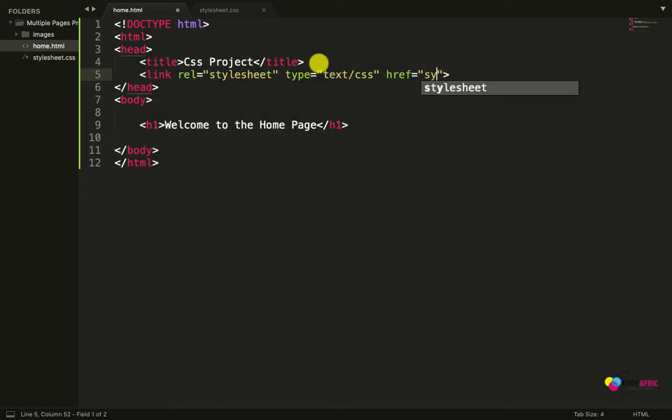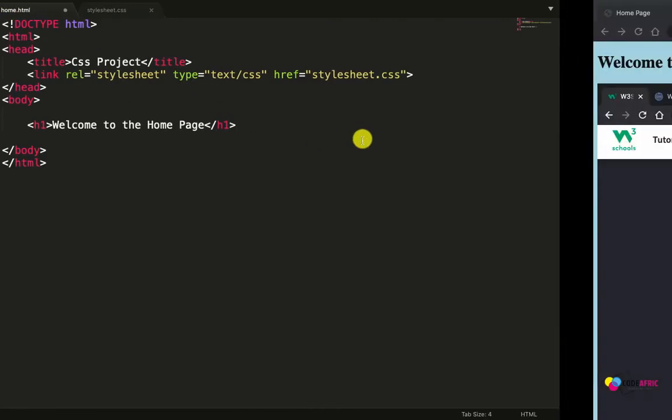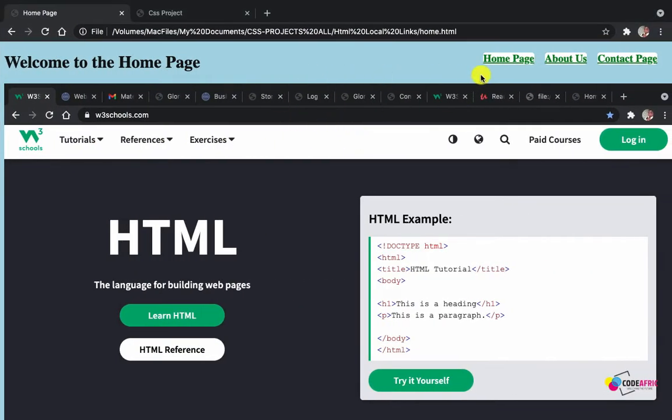So here we do stylesheet.css. Okay, now we've linked our CSS successfully. So let's go ahead and continue with our project. Now let's see how we can create this